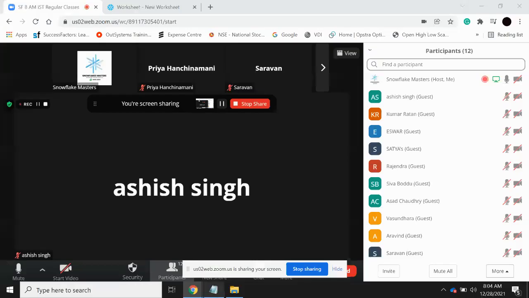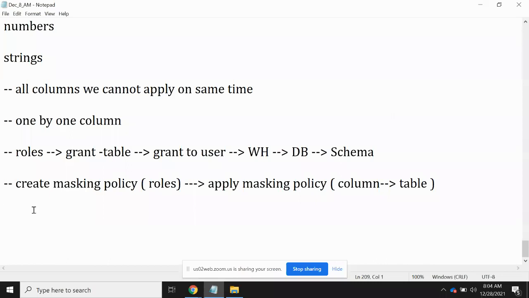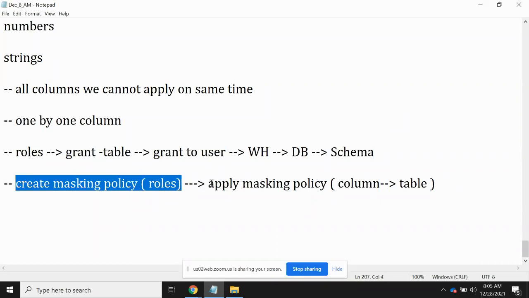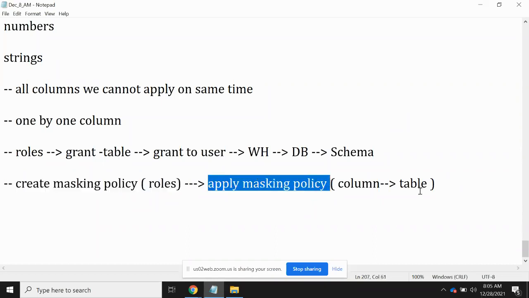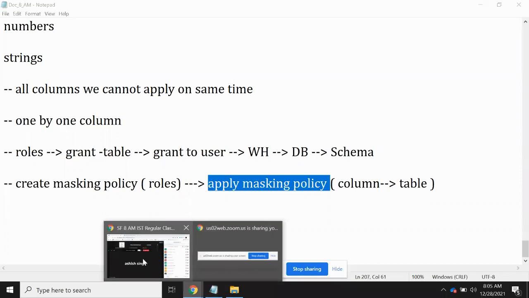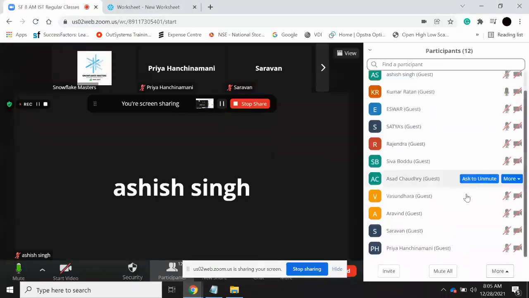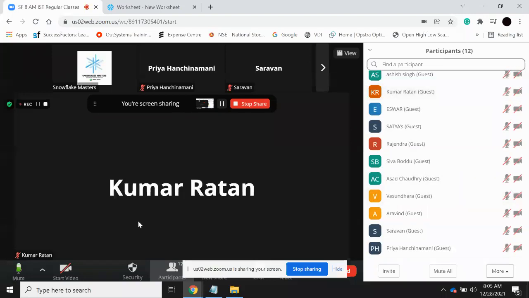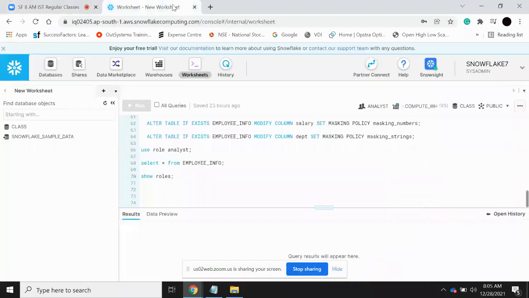So let's start. In the previous sessions, we saw how to create roles, how to assign the roles to the user, and what grant permissions we need to give when we create roles. Then we created a masking policy, and once we created it, we applied the masking policy to a specific column of a specific table. These are the things we have done. So today, let's see how we are able to